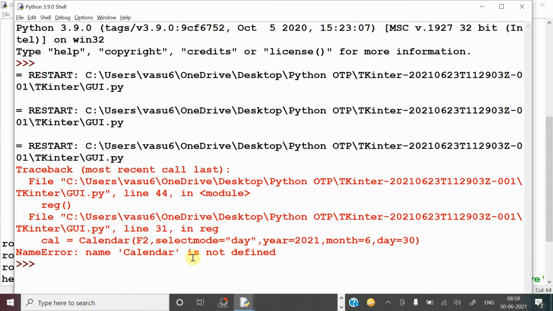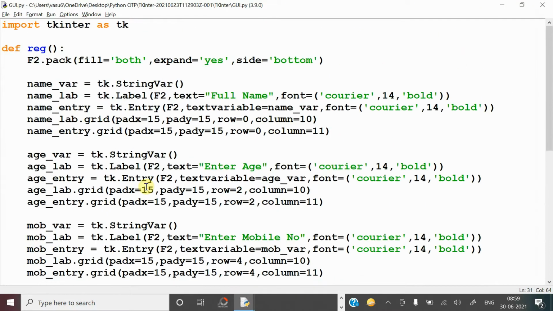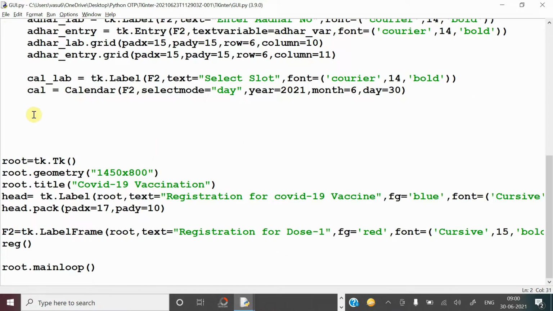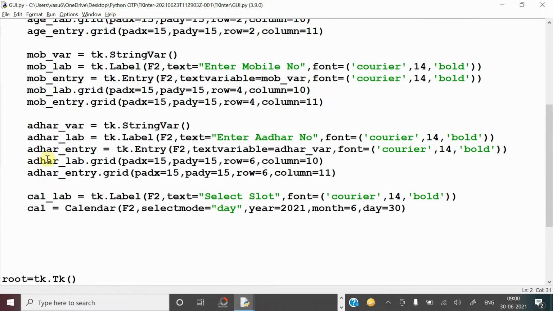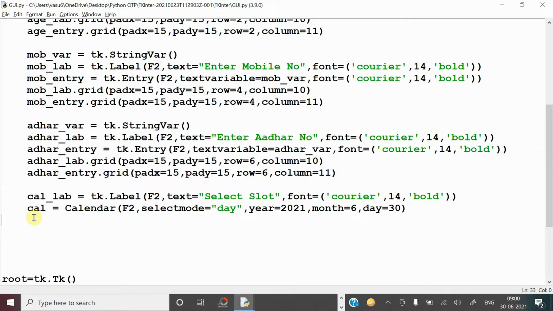For this, you have to go to the top and add one library: from tkcalendar import Calendar. Like this you have to import. After that you have to add the label. How can it be done? Similarly, you can take it as earlier.